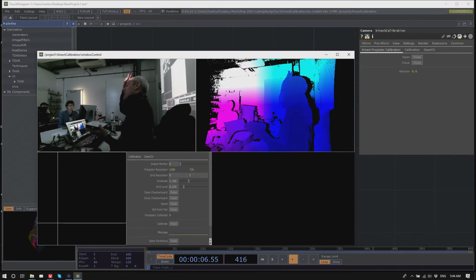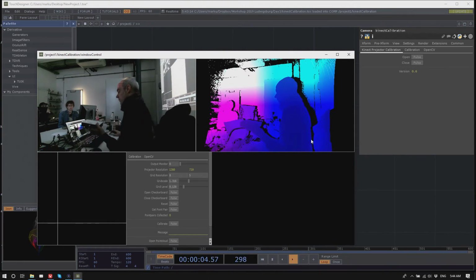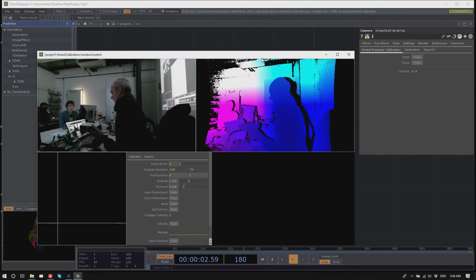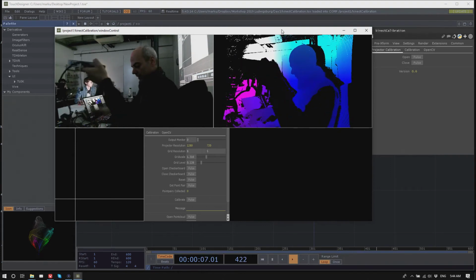If you place a rectangle on somebody's head or something like this, you want to render that from the position of the projector. So this little component helps you figure out exactly that procedure. And yeah, we can try this out here.